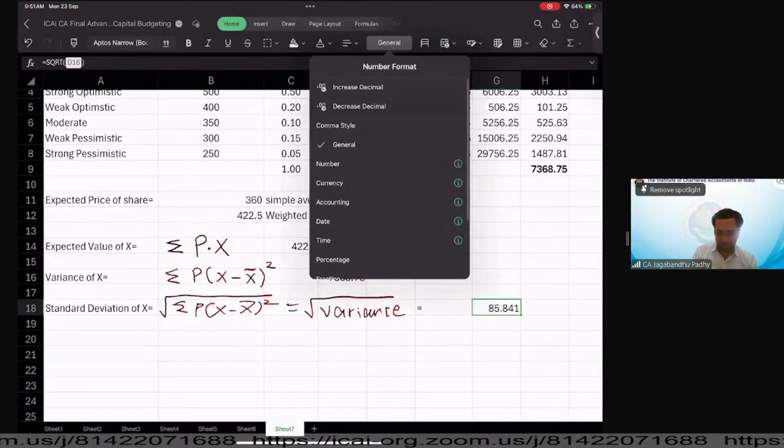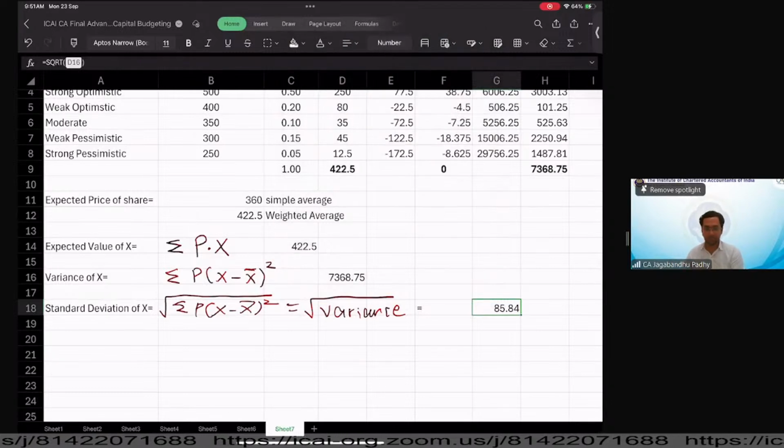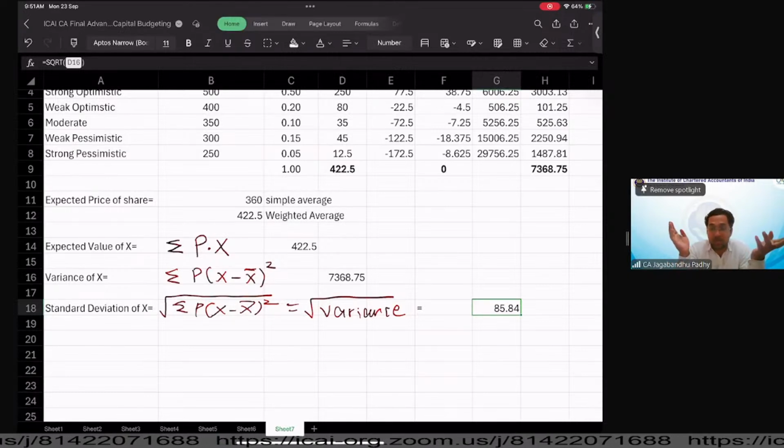Now this 85.84 is a measure of standard deviation, which tells us that our share price can go up by 85.84 in a realistic scenario, and it can even be lesser by 85.84. Now again, how much up, how much down, that's a statistical detailing which I am personally not going into in this chapter, because we are here to learn something about finance and not detail into the statistics. But yes, the simple understanding would be there is likely to be a deviation in the share price of 85.84. That's a standard deviation number.